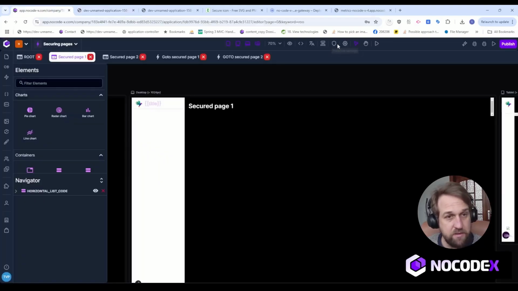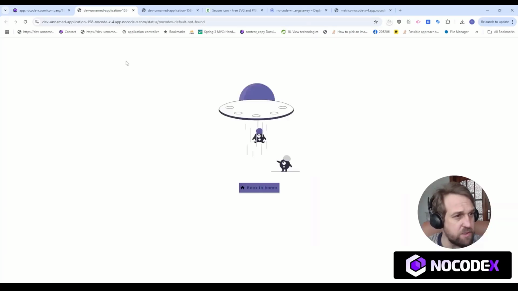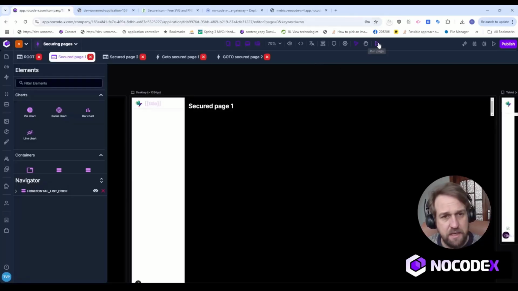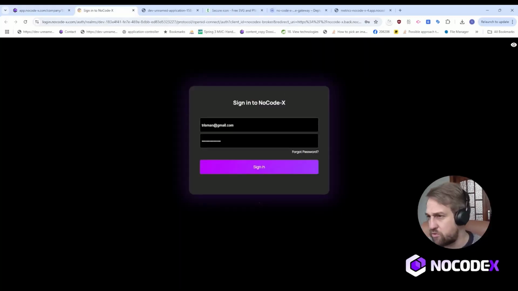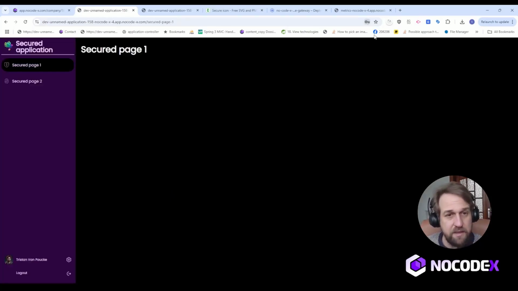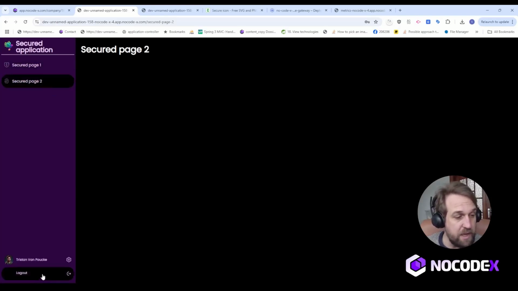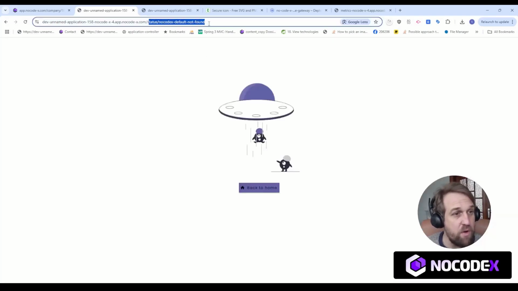Okay, sometimes it takes a while, or maybe I'm still logged in. Let me just check like this, and then let's run this page. Yeah, now I'm redirected to the login page. So I can now authenticate with one of the users that I've created. So let me just choose the first user and let me log in with this first user. So like that, I am authenticated and now I have access to secured page number 1 and secured page number 2. So let me hit the logout button right here, and now I come across the not found